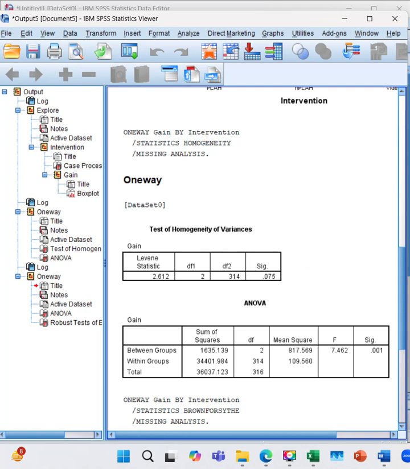So what do we do if homogeneity is violated? If it is violated, meaning the data is heterogeneous, you cannot use a parametric test. You cannot use t-test. Instead, you will use a Mann-Whitney U test for independent t-test, and you cannot use one-way ANOVA. Therefore, you use a Kruskal-Wallis test, which is a non-parametric test.